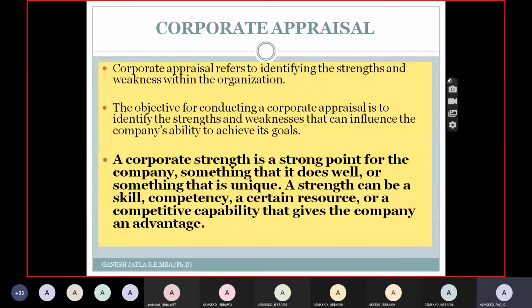So what are all the aspects? Here, whenever you are saying a corporate strength it is unique for your organization, as well as it shows your ability to sustain in the market. So these aspects generally you may be good at some skills. Your firm may be good at doing some skills or some competency. That is, you have a good human resource, might be you have a good technology with your hand, or you may be having good supply chain. So these are some of the areas where you may do good, or you may be having good brand loyalty. So these are the aspects generally comes under corporate strength.